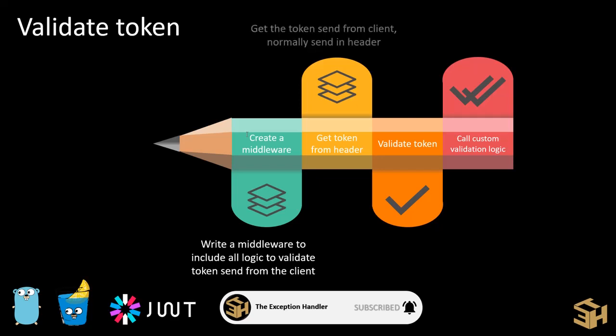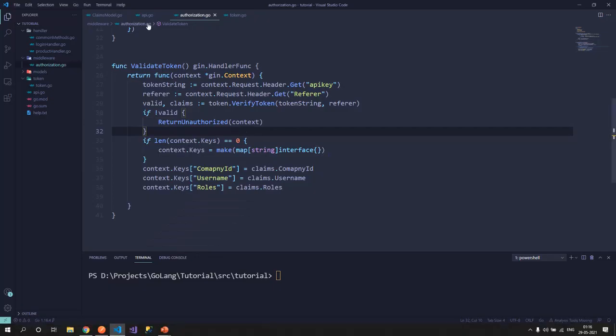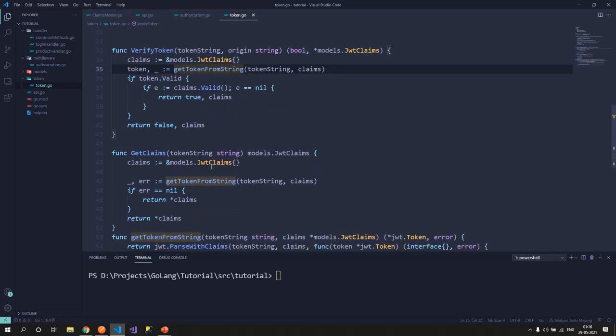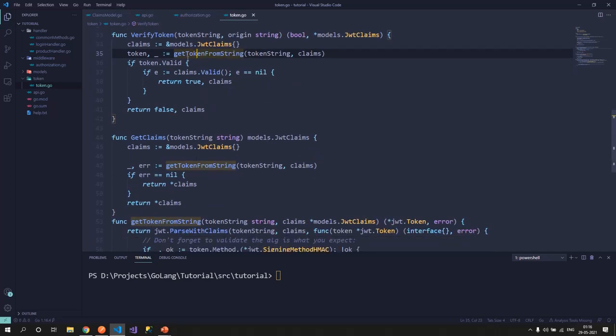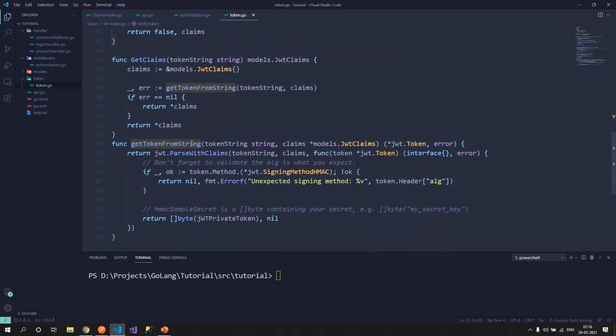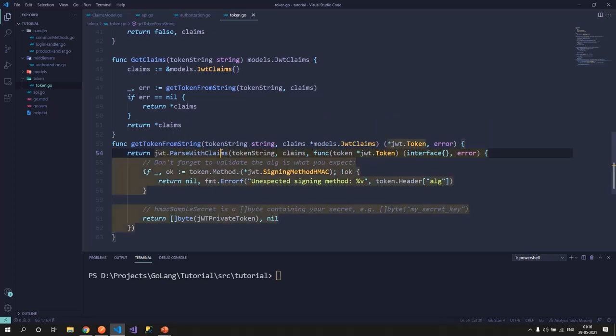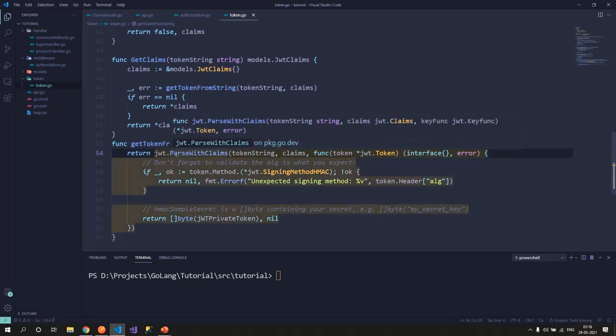Now the second step is to get the token, which we have already done in the middleware. Now to validate the token, we'll use the validation mechanism from the JWT package. Let's go to the token.validate token function. The validate token function calls a private function from the internal package only, and this is actually calling a function from the package that we have installed or just downloaded, that is the JWT package.